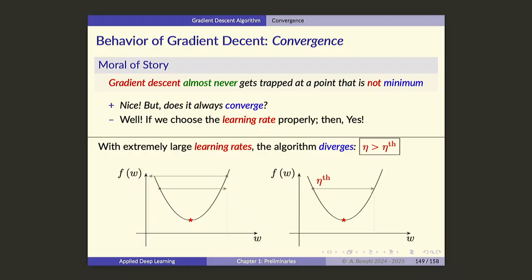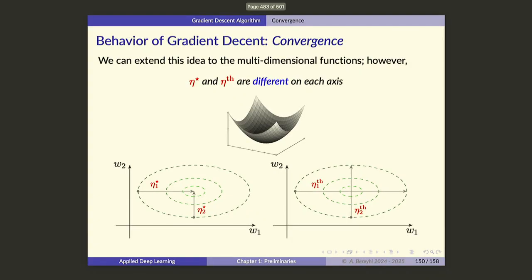Questions? No question? Okay, great. So now, if you have a multidimensional case, which is always in practice the case, then